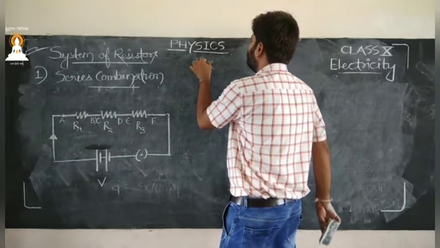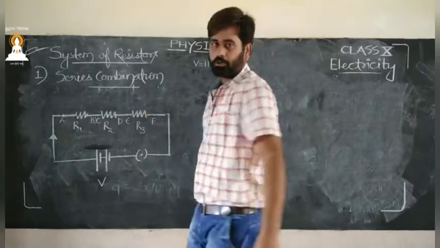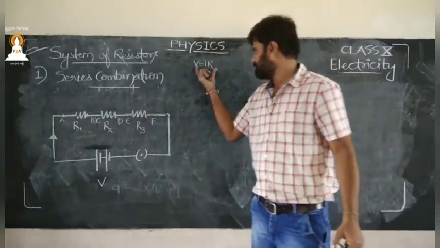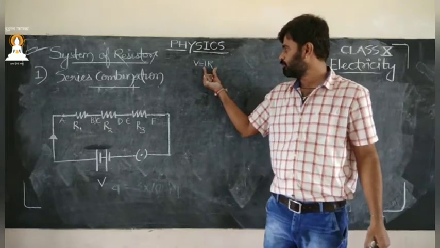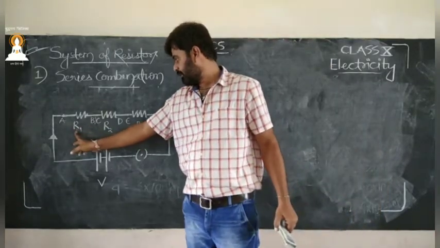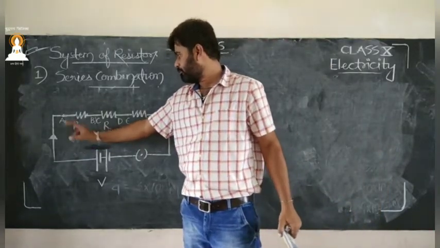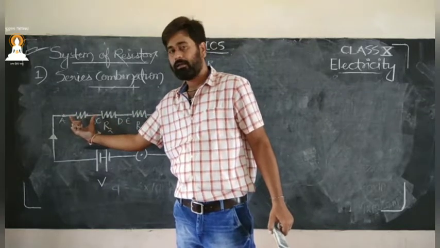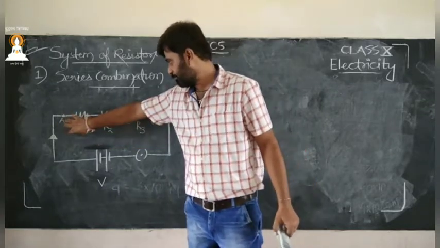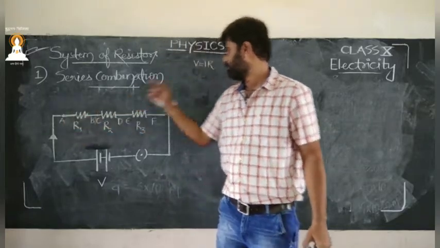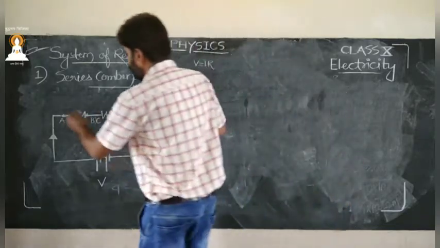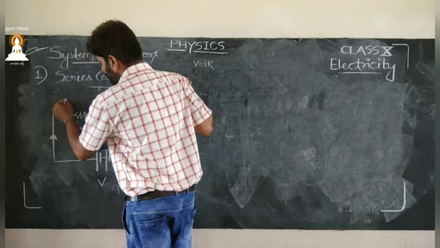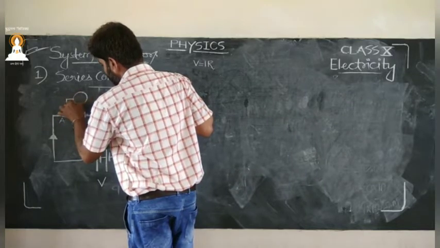So at every resistance we will have a potential drop. Listen carefully, at every resistance we will have some potential drop. Potential drop means what? This is the resistance. According to its capacity, it will drop some potential here, according to that current. Actually, this is the activity in your NCERT.